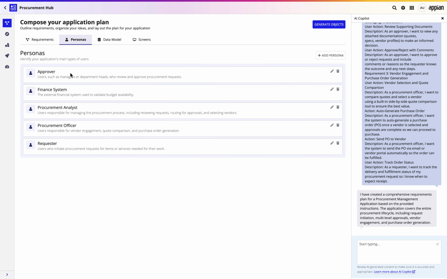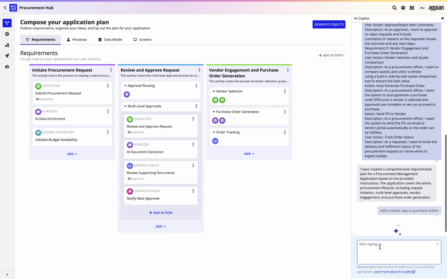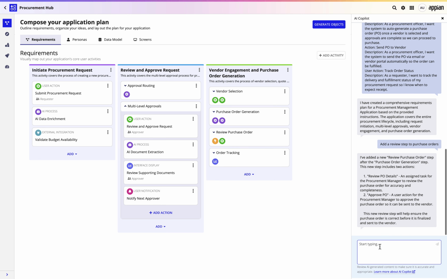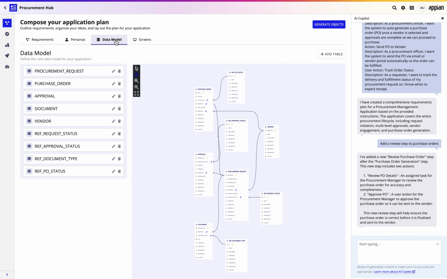Composer also identifies key user roles and automatically ties each action back to the relevant persona. Want to customize this plan? It's easy. Edit steps, drag and drop actions, add new ideas, or just ask AI Copilot to help refine the flow. Now that your requirements are captured, Composer builds out a full data model, including tables, fields, and relationships based